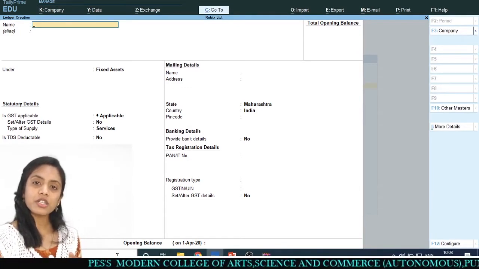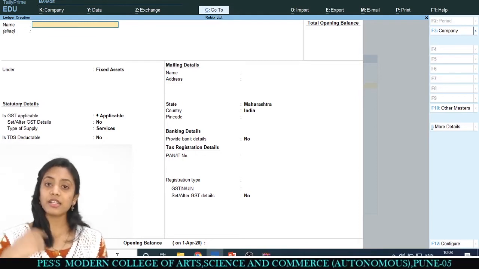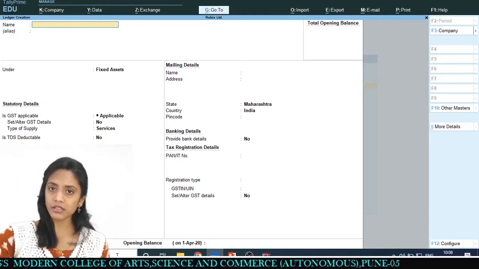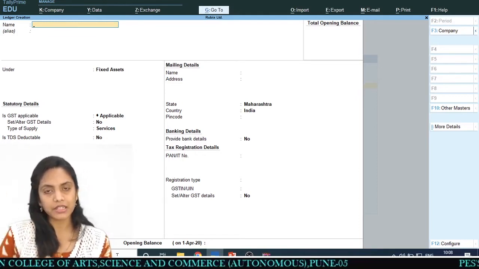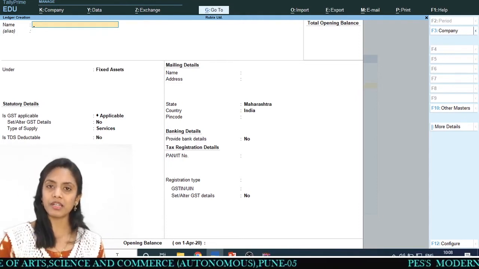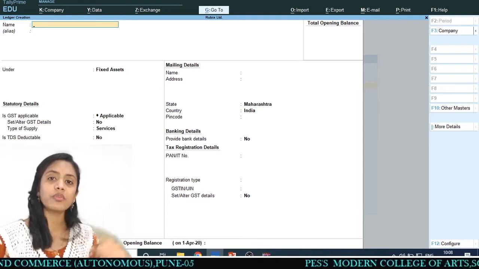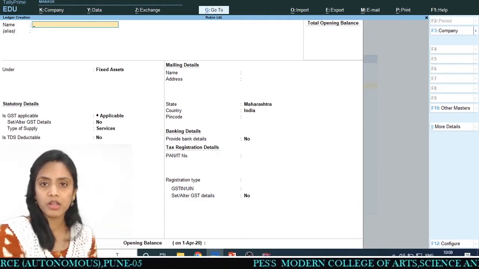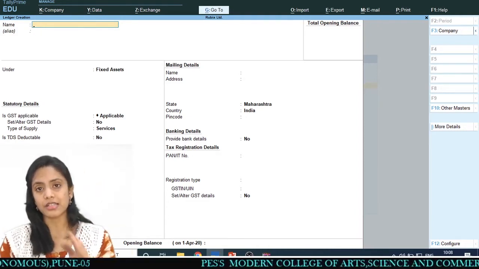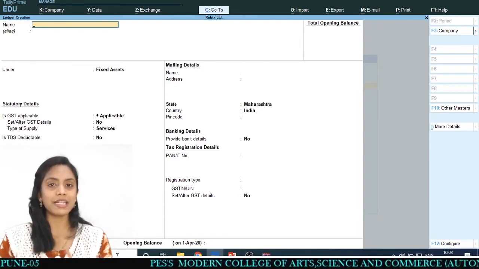Right now my furniture account has been created, the building account has been created, and the cash account was already there by default, given by Tally. Now we have to create a capital account. Once again I'm giving you clarification here. The capital account that we created was a group. We have to create ledgers. There is a difference between groups and ledgers.